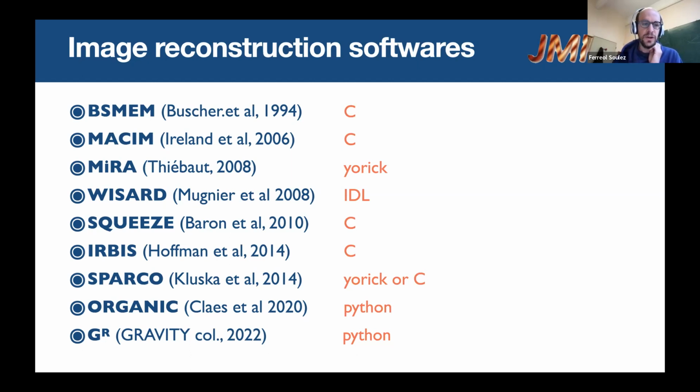Every time you want to try a new software, you have to install all the libraries, and it can be a bit cumbersome. So the idea of OImaging is to provide a single interface for all of this software,